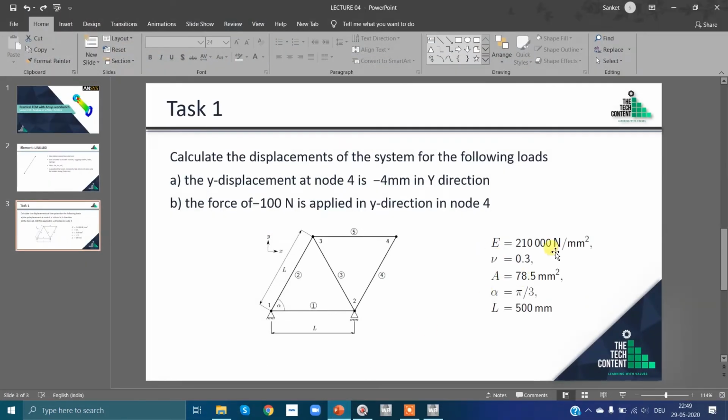Now here you can see our Young's modulus is this much, so we will assign this.